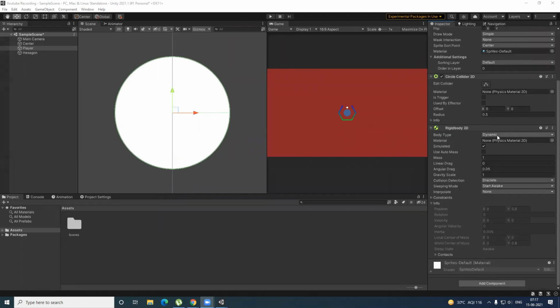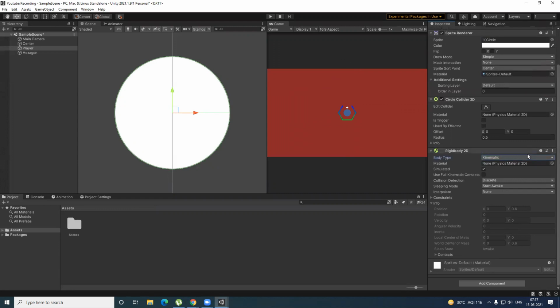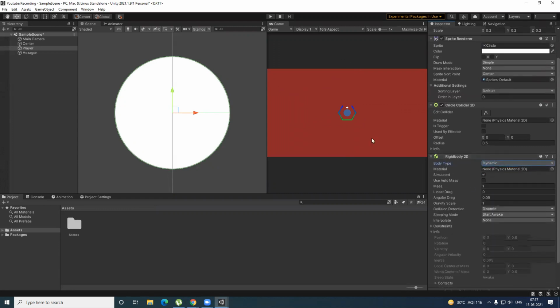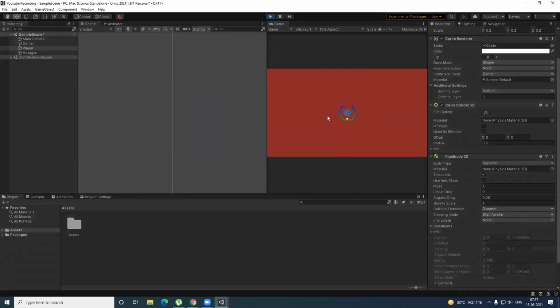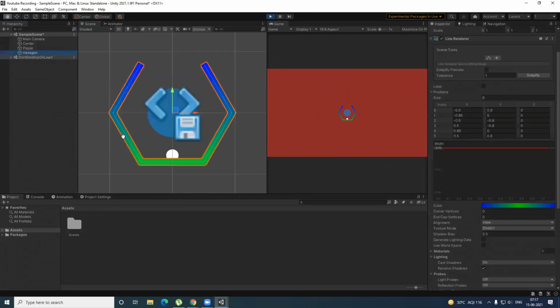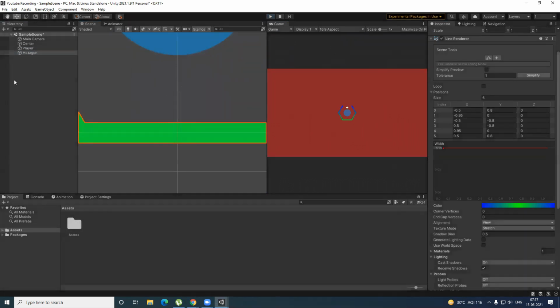So moving on, change the body type from dynamic to kinematic so that it does not fall off. If I have to show you what dynamic does, dynamic adds gravity. We don't want gravity because it's a 2D game, so the falling of the ball will not be appreciated in any game. If I show it, you can see the ball is falling and it stopped at the bottom of the hexagon, right? Because the collider was detected, this is the collider in the center and the ball was being detected. So we don't want that.